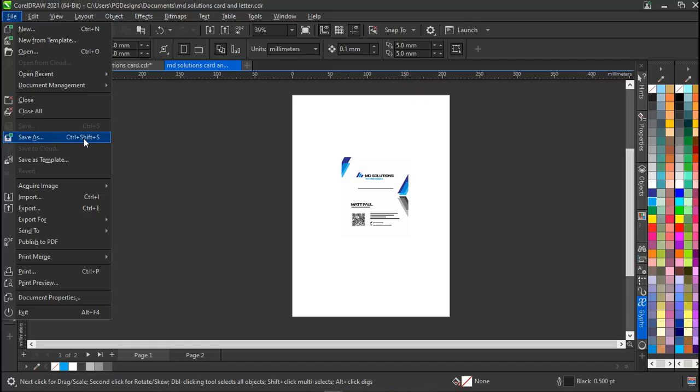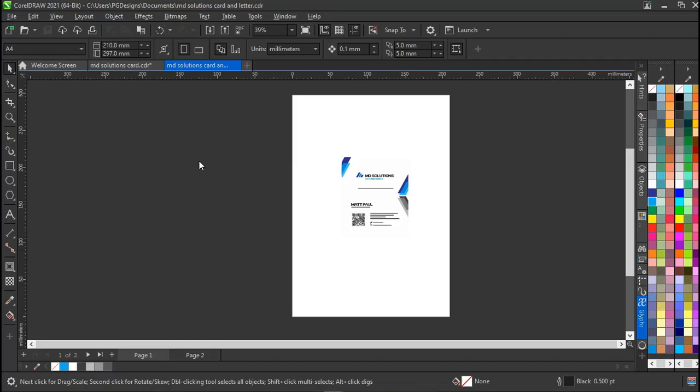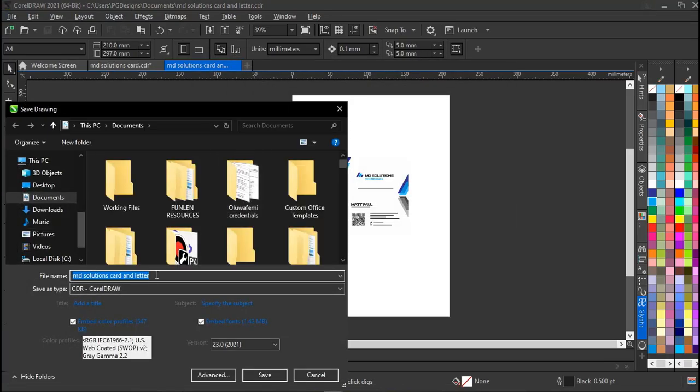Probably you alter or change the size of it, but you do not want the alteration to affect the original save that you just did. So you can use Save As to make another duplicate of it. Once you press Save As, you can change the name totally to duplicate. But since we are printing this out and sending it to our printer,